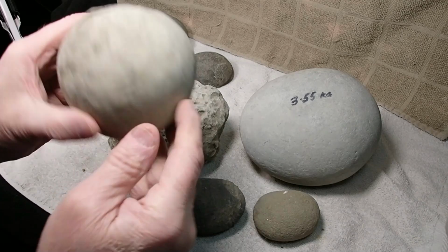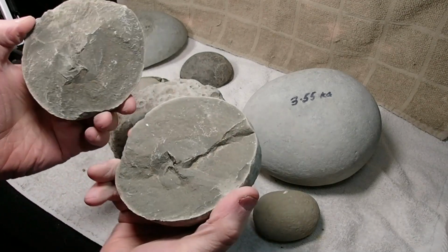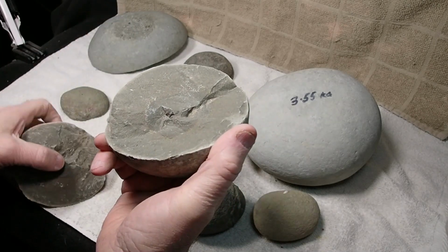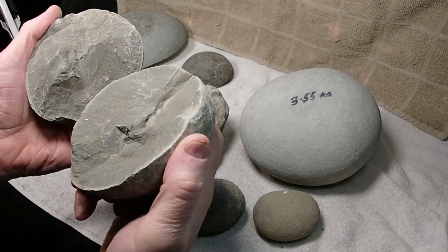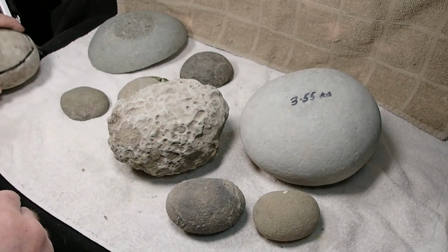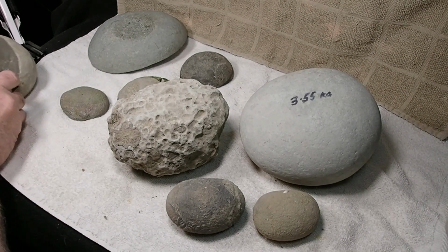This one was a tough read, so my son popped this one open, and there's just a piece of a crab in there. So luckily it was popped open and you didn't waste hours and hours of time trying to figure out what it is. So I can't remember why I kept that one. Actually, I do. I'm going to turn that into a video. Anyways,